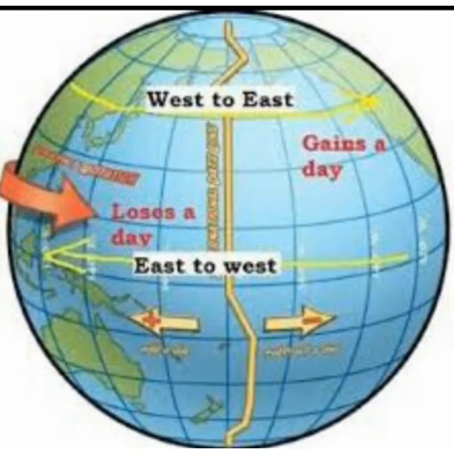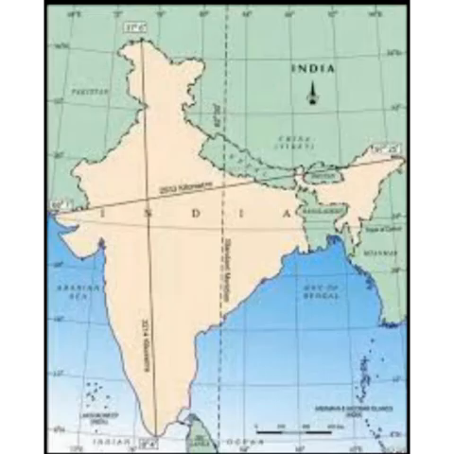When we move towards the east of the longitude, we add 4 minutes for each longitude. East gain, add. When we move towards the west of the longitudes, we subtract 4 minutes for as many longitudes as we pass. West loss, subtract. Every country has its own standard time.